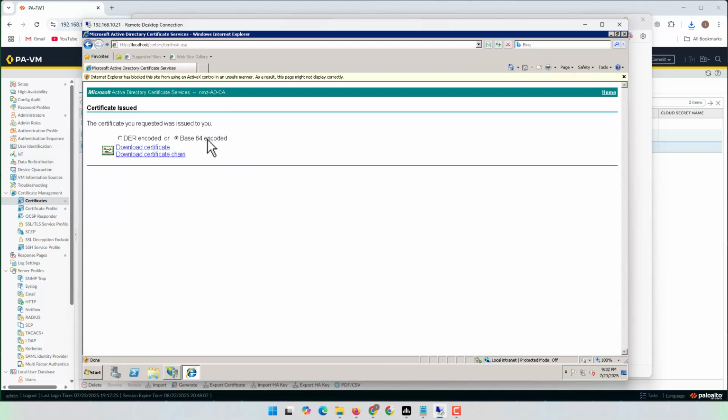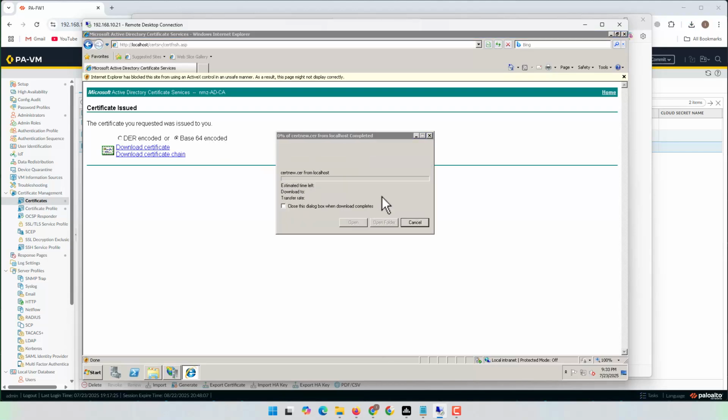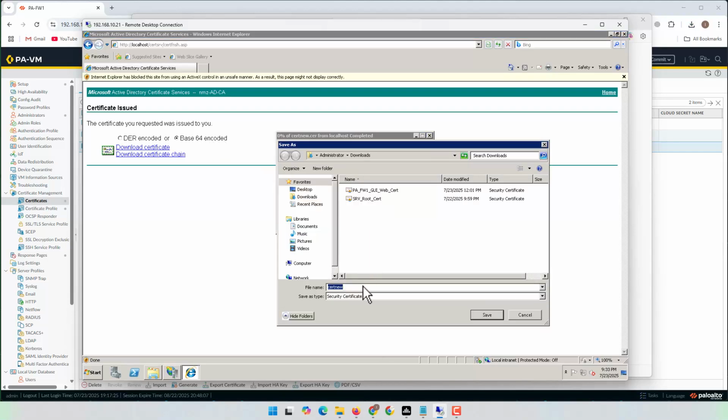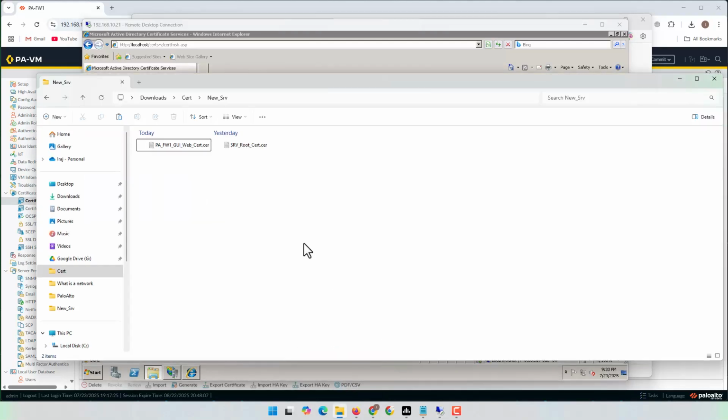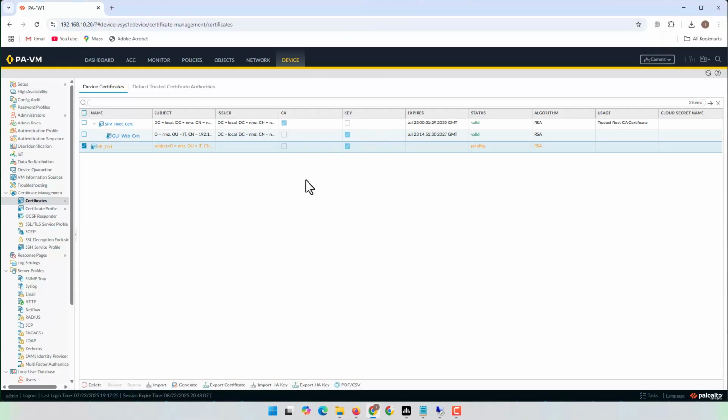Let's go and download that in base 64. Download, save, and for the name, let's use GlobalProtect Cert. Open folder, and now I have a certificate that is signed with the enterprise certificate server, and the name is GlobalProtect or GP Cert. Let's paste it in our local computer here,